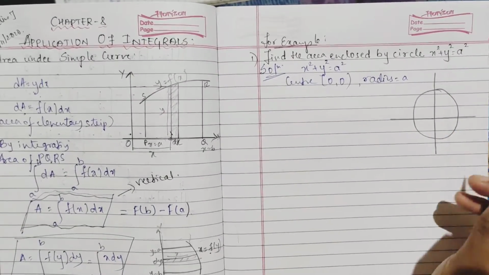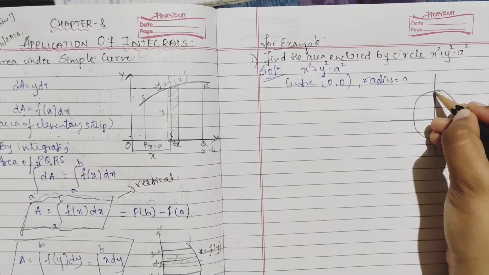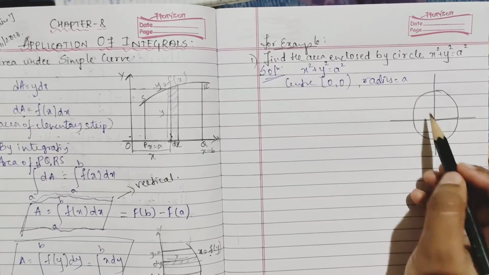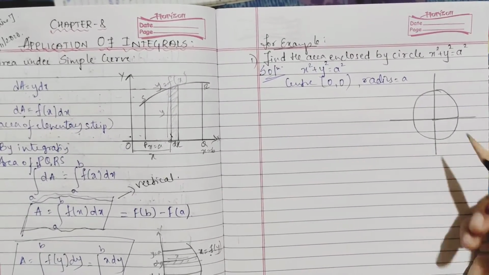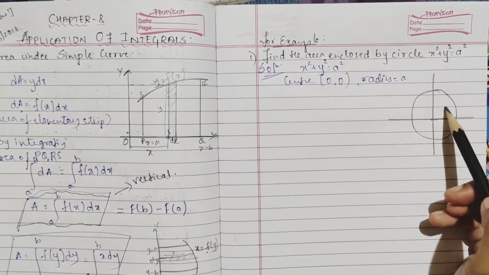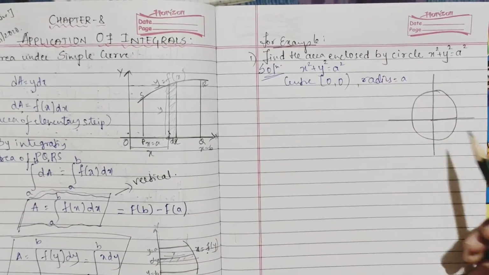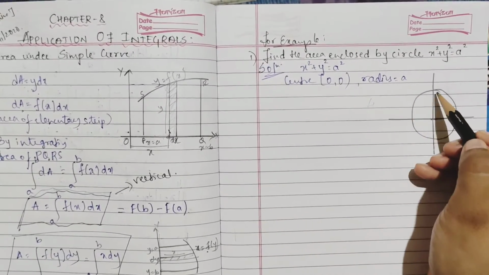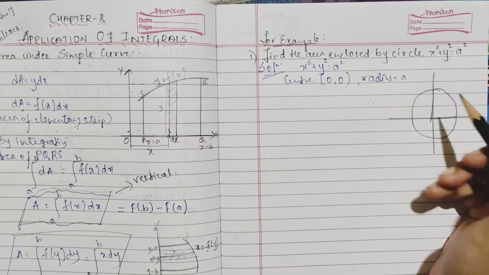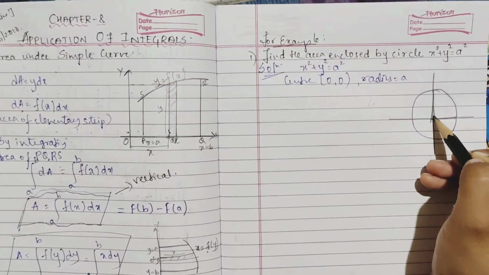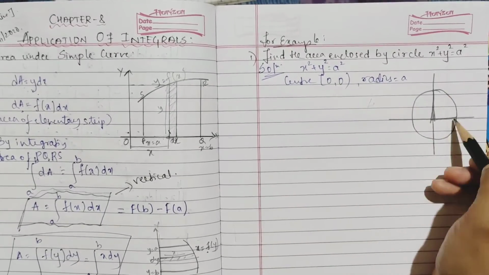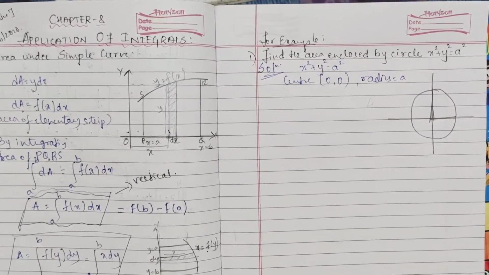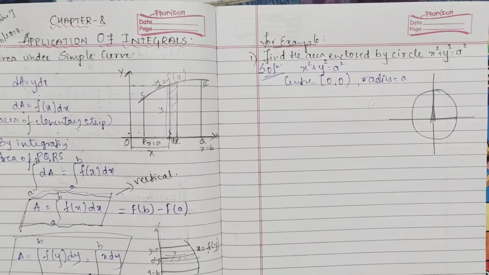Because it is the origin. Now as you can see, for the circle we have to find the area. So what will we do? We will consider any one part and find the area of that. And as you can see, they are symmetric, right? The 4 parts are symmetric to each other. So we will do one part and multiply it by 4, right? And we will get the area of everything. So we'll consider this part. First we will draw this part, then find its area, and then multiply it by 4.